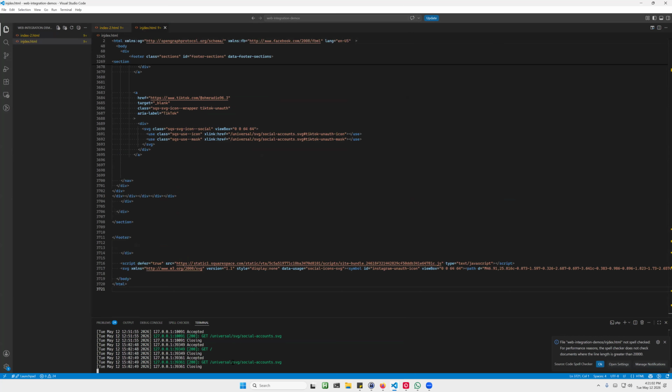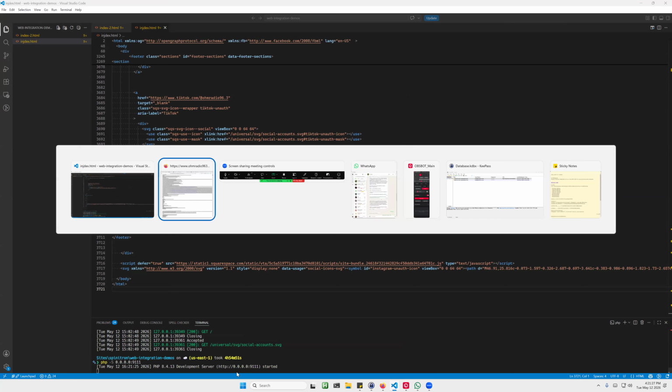And then I start my local web server. If you're doing development, it's handy to have a local web server. It makes things a lot easier. A lot of code editors as well have that functionality built in, so you can just preview your page as well. But this is the way I'm doing it. So I need to go to